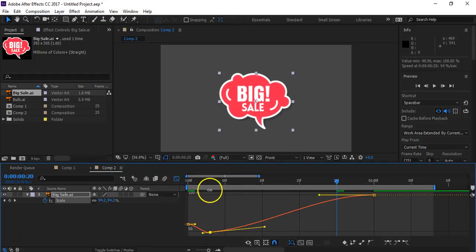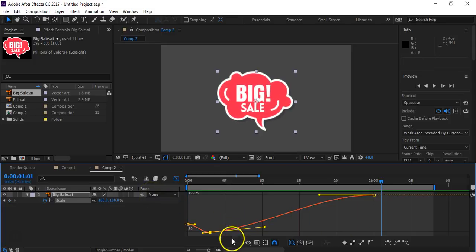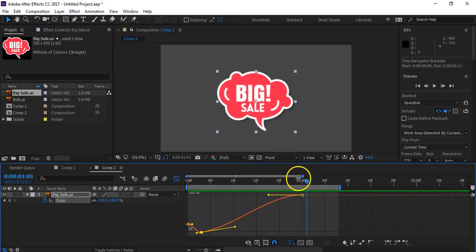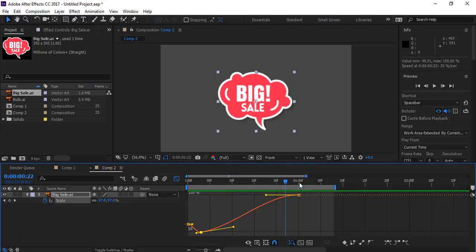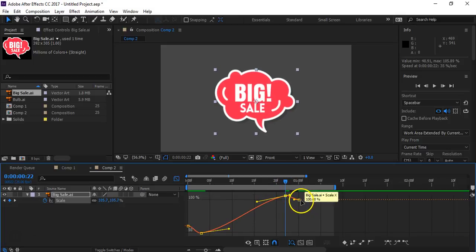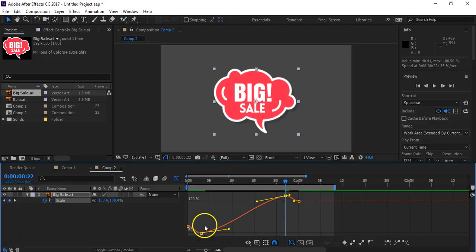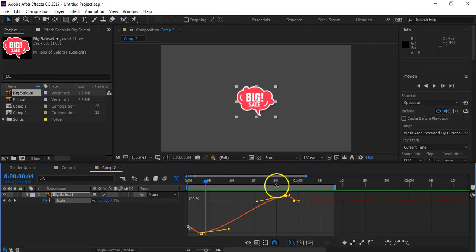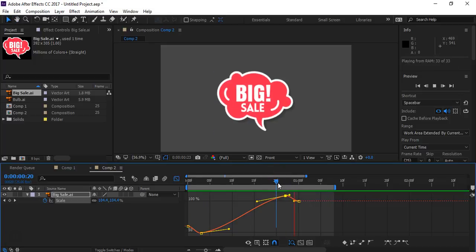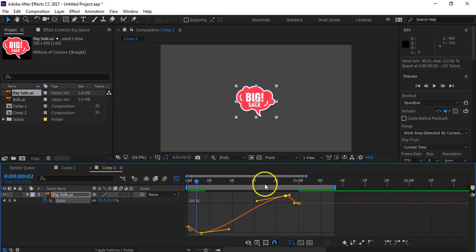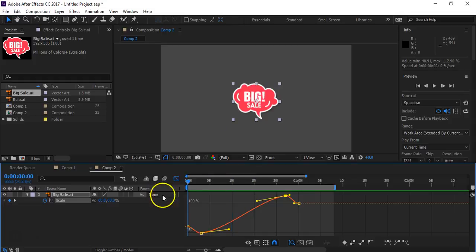Okay, a little more down. And then when you go here, same thing, before 3 frames, I'll make a key here and take it a little bit up. Just eyeball it. Should look a bit the same. See this? So when it comes here, it will stop like this. I want a little more. Yeah. Now when you see this,